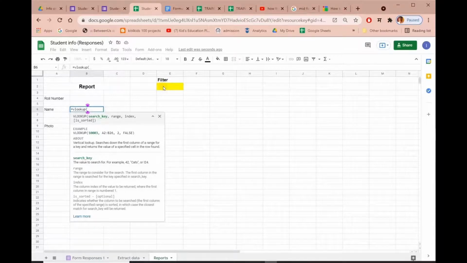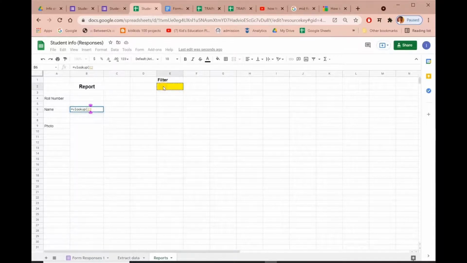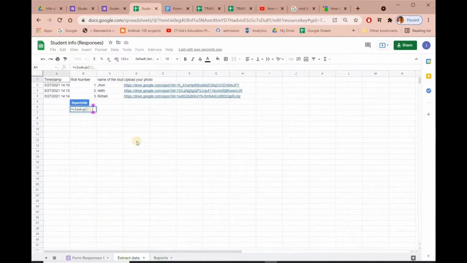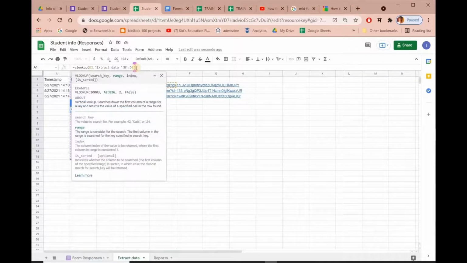So we'll select this E2, comma, then we'll go to the extract data sheet, and we will select this range from roll number to upload your photo, and we will remove this 15, so the range can go up to the end of the sheet.